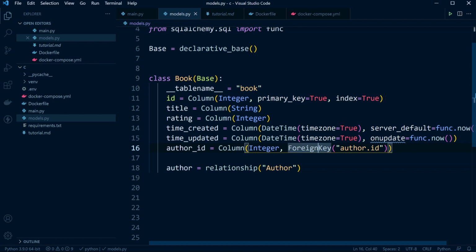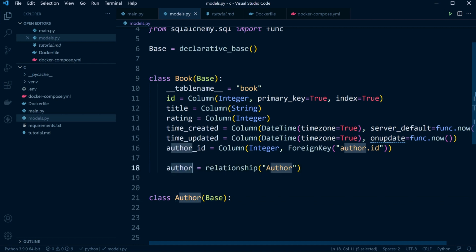So what's happening here is I said author ID. At the moment, we don't know what author is. So we've defined the relationship here as capital Author, and that's going to be the name of the class that we're now going to build. So that's going to build our foreign key from this table to the next. So here you can see this is all now matching up, author here,